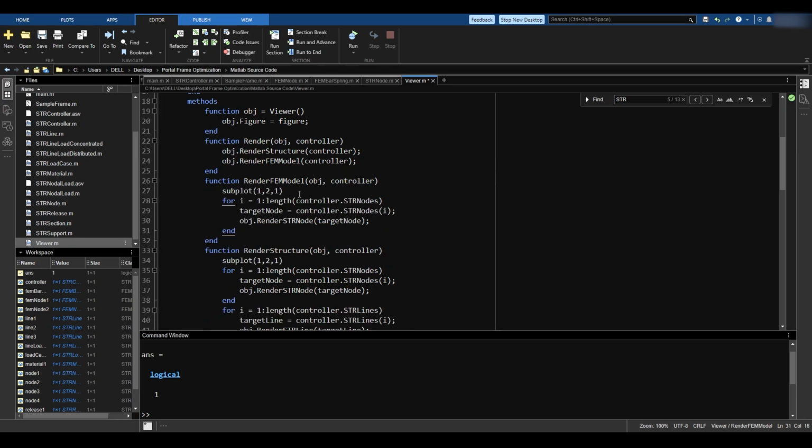I will go here, control paste. This is going to be subplot 2. I'm going to render, for now, the FEMNodes, which means I will fish them out, FEM, and I will call render FEMnode, which means now, of course, I need to target FEMnode, which means now I need the function for